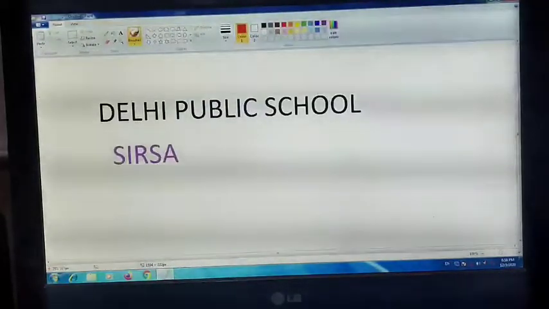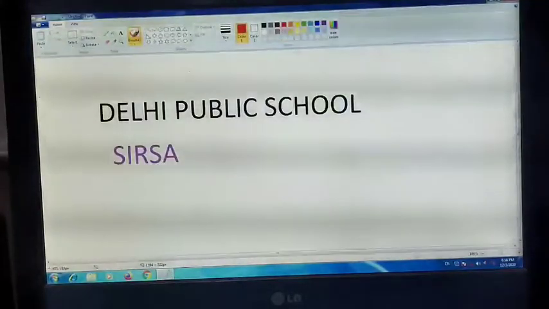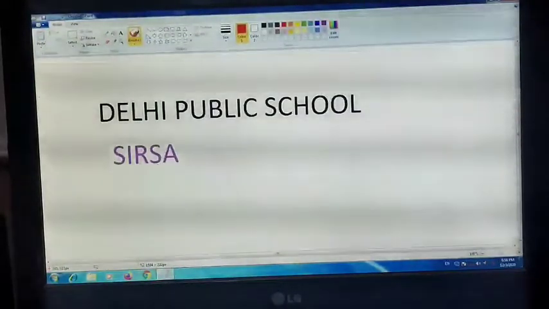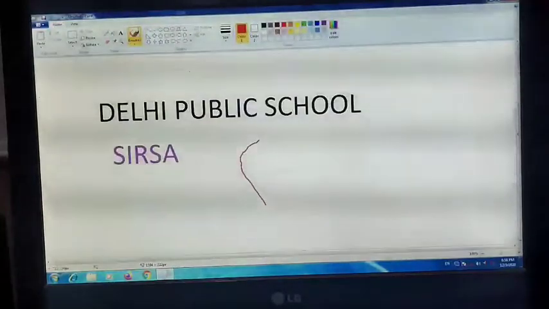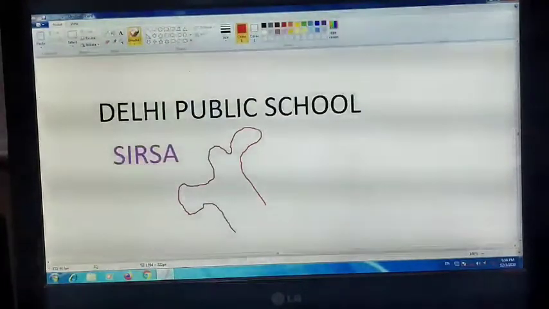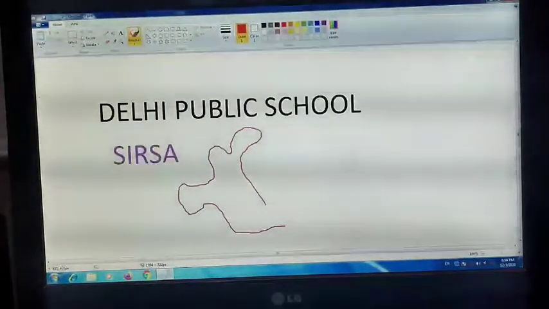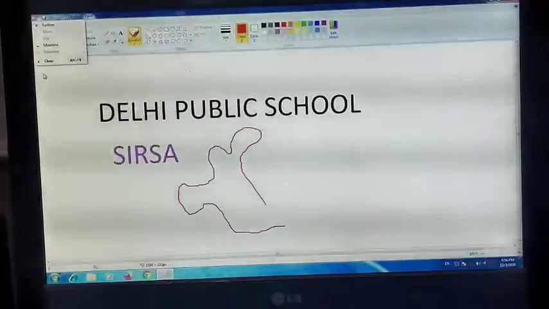Select any color from the colors group. Now move the pointer to the drawing area. Now our pointer has come here in the drawing area. And now we can just press and hold down the left mouse button. Dragging the left mouse button, we can draw anything. Okay? We can draw anything here. Right? So again I am taking one more page.